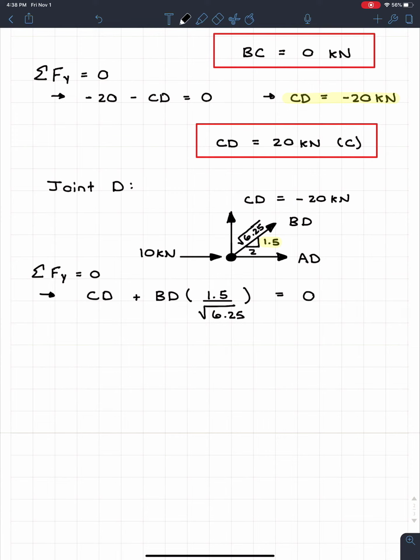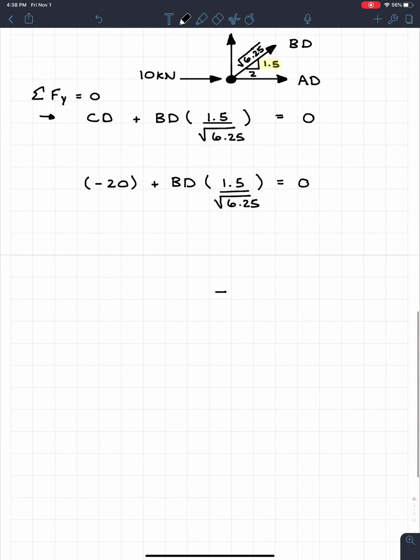But if we look right now, it's not helping too much because we still have two unknowns, CD and BD. Well, we actually know that CD is going to be equal to negative 20, because that's its actual value. And then plus BD times 1.5 divided by the root of 6.25. And we know that all this is equal to 0. So now the only thing left is BD. So when we solve for this, we get BD is equal to 33.3333 repeating kilonewtons. So since it's a positive answer, we know that BD is going to be 33.3 kilonewtons